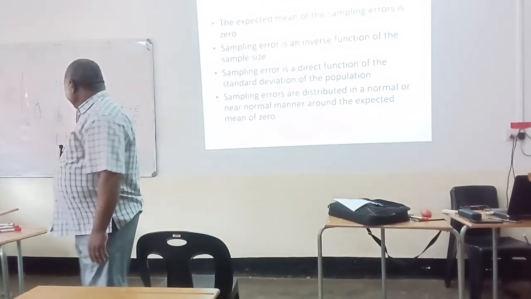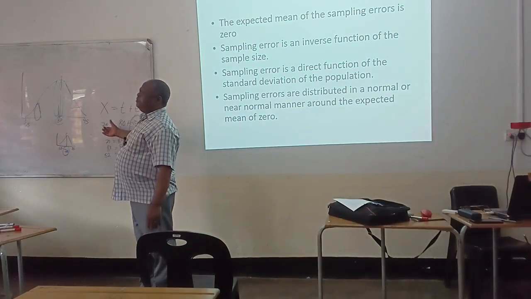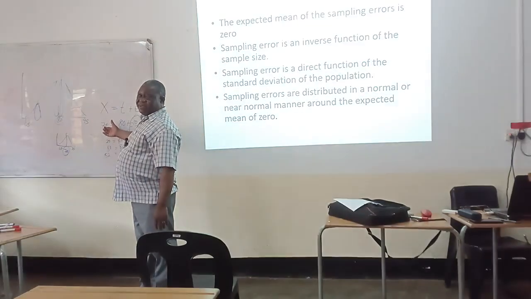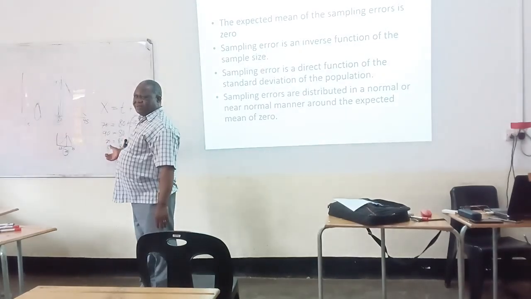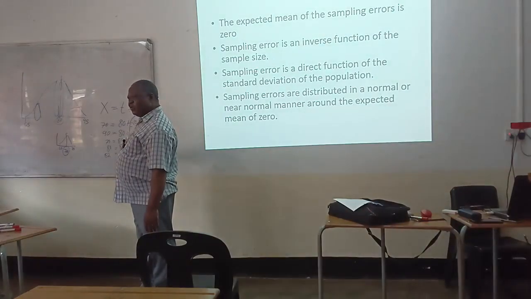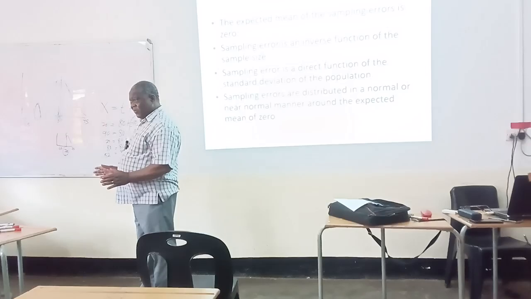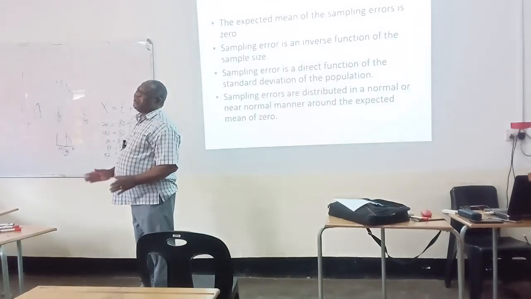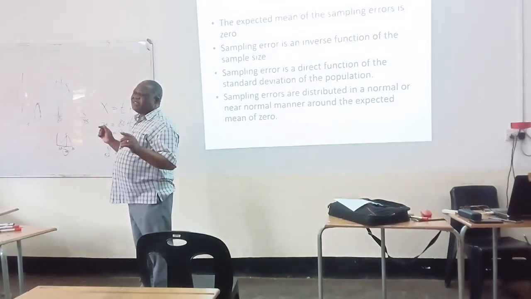So, if instead of taking 50 student samples, you decided to take 500 student samples, the sort of errors you will get here will be smaller. If you were taking 10 student samples instead of 50 student samples,